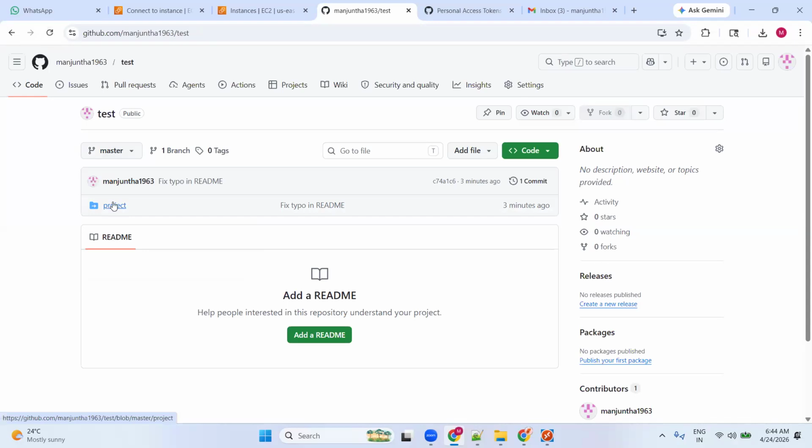So that is how to clone it and how to create branches. These are all the things we have seen, right? So now we'll go back to that